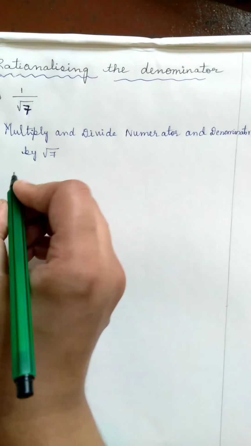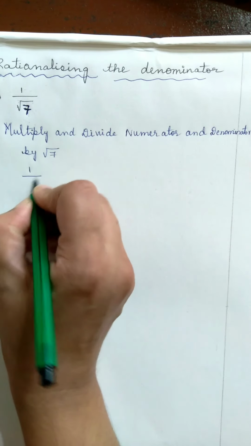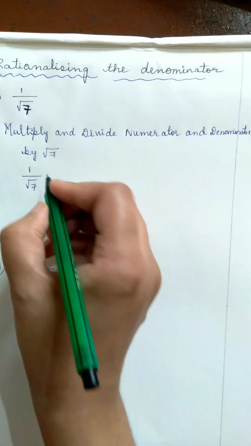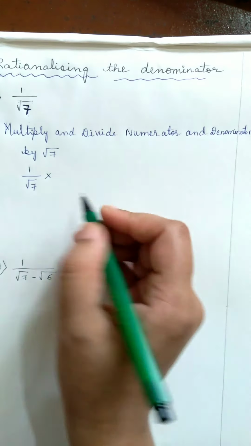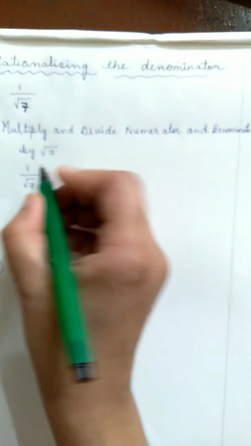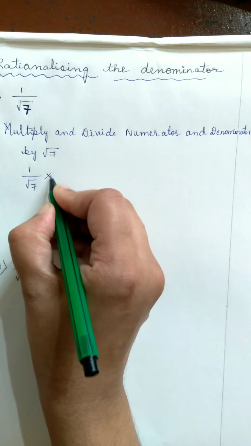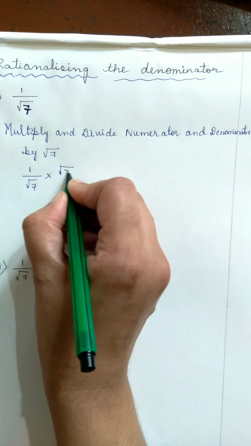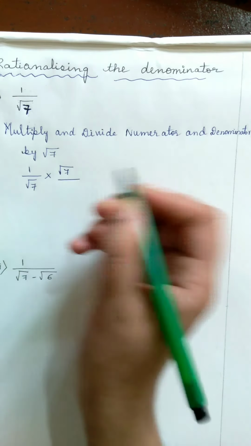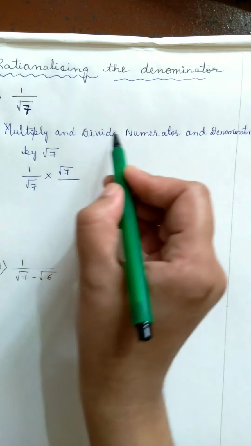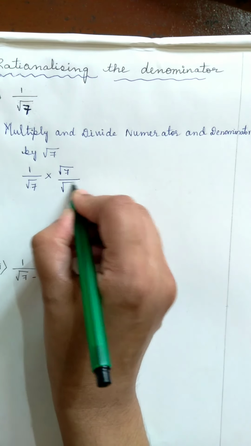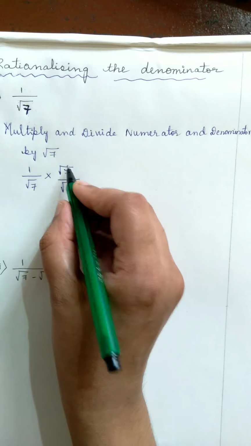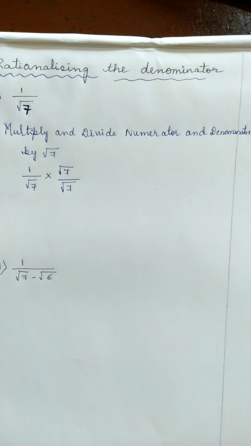That means we have the expression 1 by root 7. So let us multiply and divide the numerator and denominator by root 7. In the next step,